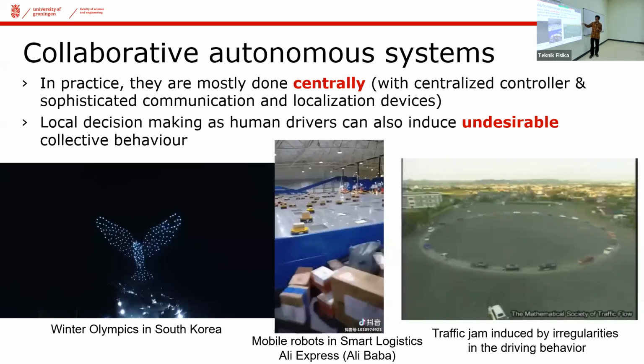But because everything is distributed, when there is some inconsistency in the behavior of some of the agents, you can see that some traffic jam starts to occur. And that is precisely what happens on the real highway. Whenever we try to drive from Bandung to Jakarta, you will see that traffic jams happen in some areas, even though there is no narrowing of the channel. You can see that sometimes it's not moving smoothly. This is due to the fact that the dynamics that are induced here can indeed induce such a traffic jam.